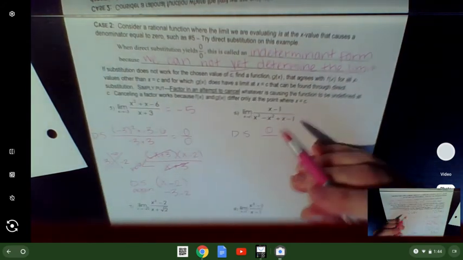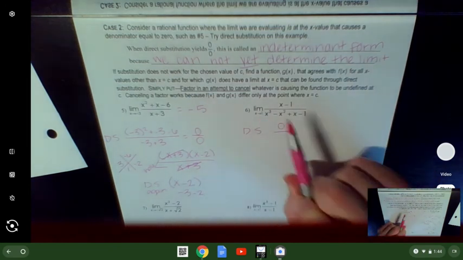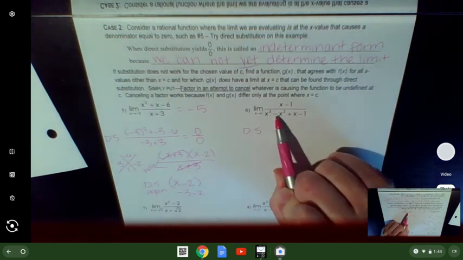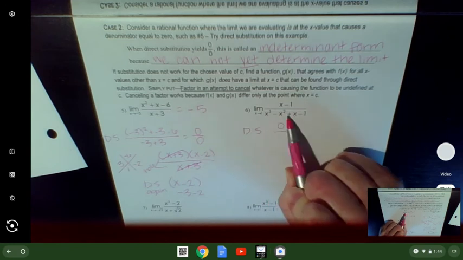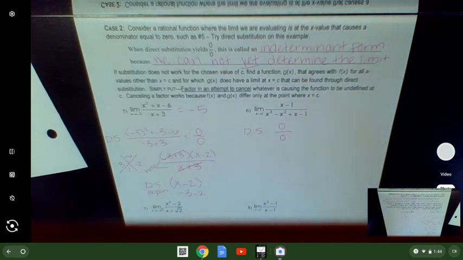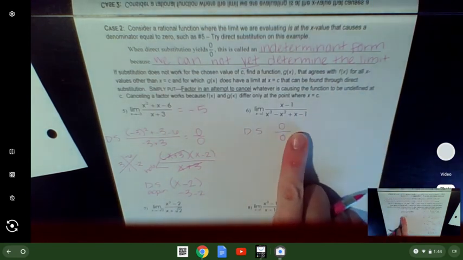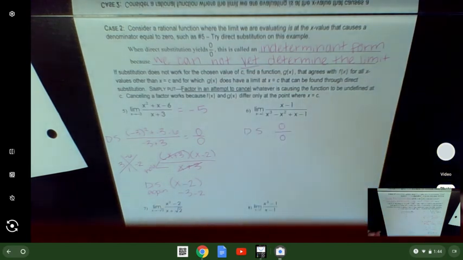So number 2, direct substitution. I got a 0 in the numerator. I want the limit as we approach 1. So let's see. 1 cubed is 1 minus 1 squared, which is also 1. So 1 minus 1 is 0. Plus 1 minus 1, which is 0. I'm going to get a 0 in the denominator. This is indeterminate form, which means I do not yet know what the limit is,